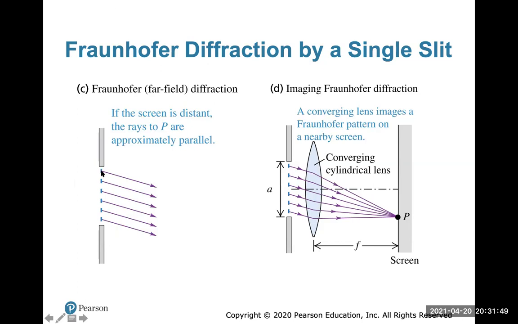This top Huygens source and the next one down have path length differences. Imagine the little triangle right there. The top arrow is longer than the bottom by